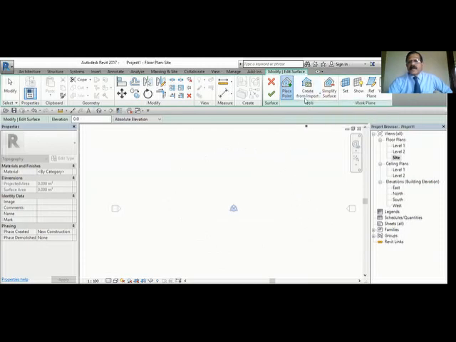Second one is you import from outside. For example, you have an AutoCAD survey drawing which has contours with different heights, a 3D contour map. You can just import it here. So you need not draw the contour here. You can import it from there. I will show the different methods of how we will draw. So let's start with the place point.